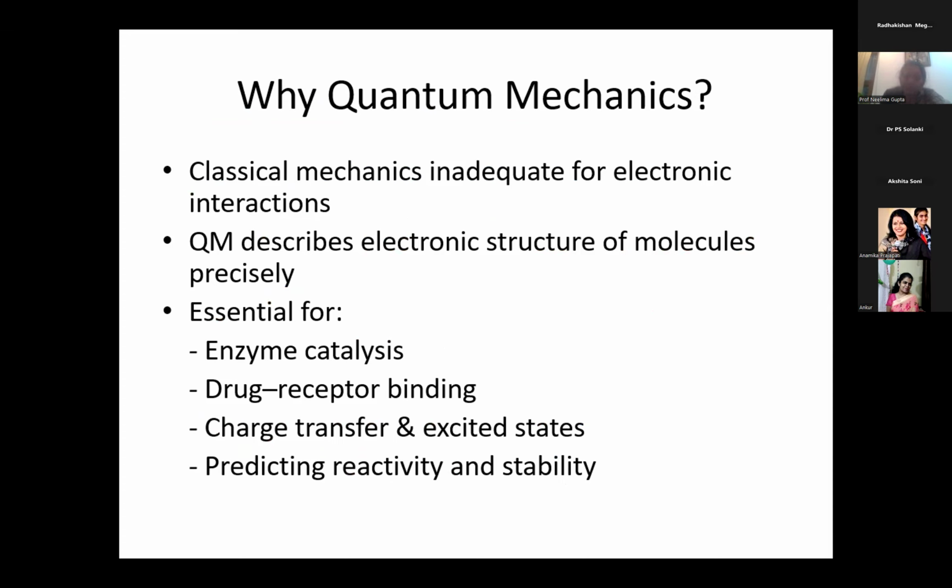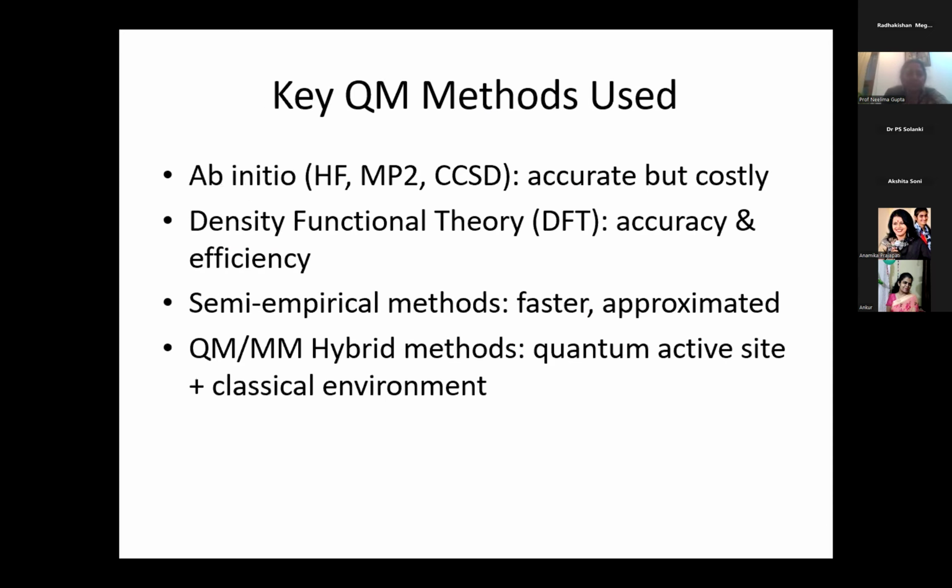results for drug discovery, because understanding those interactions is essential for enzyme catalysis, drug receptor binding, charge transfer, excited states, and predicting reactivity and stability. So many types of studies can be taken up from the QM results. Different types of QM methods are normally used